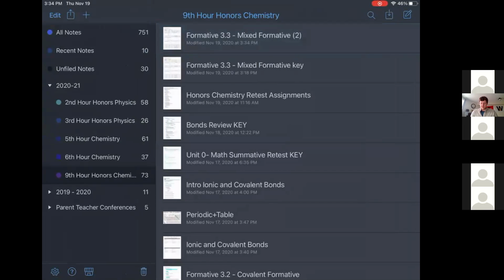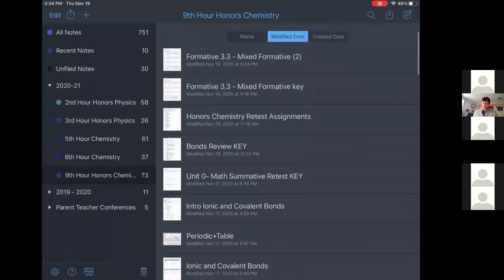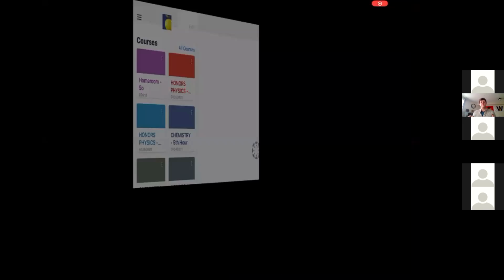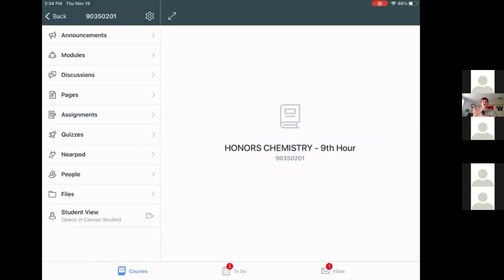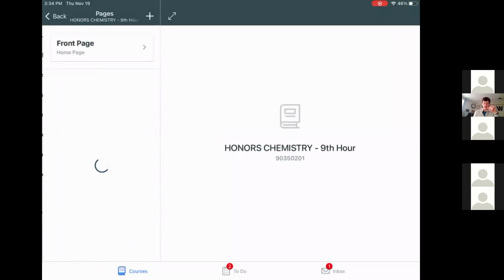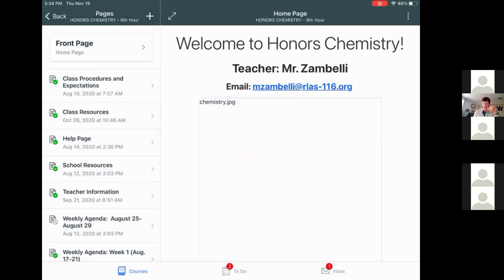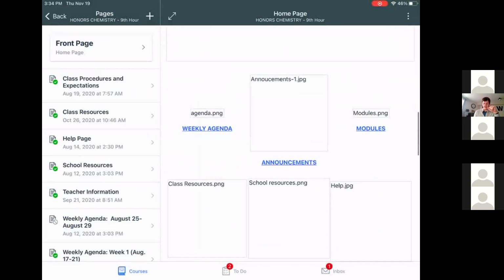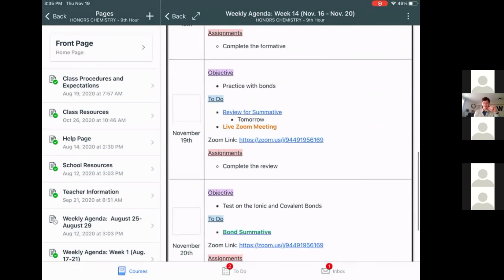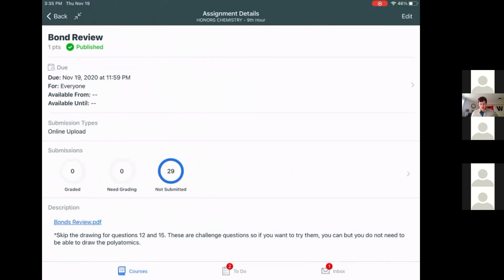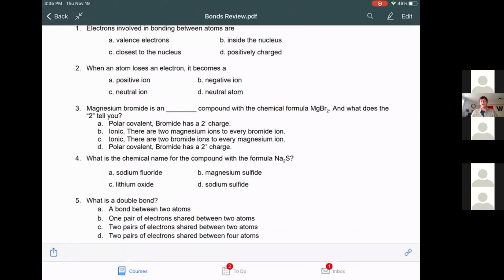All right, then, ladies and gentlemen, you have a review for your summative for tomorrow. So you guys have your summative on bonds. On that summative, you need to remember how to name ionic bonds, name covalent bonds, write the formula for ionic bonds, write the formula for covalent bonds, draw ionic bonds, draw covalent bonds, and identify